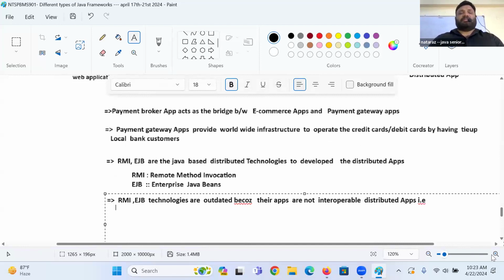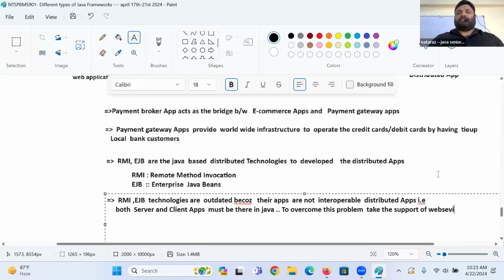That means both server and client applications must be in Java. To overcome this problem, take the support of web services.